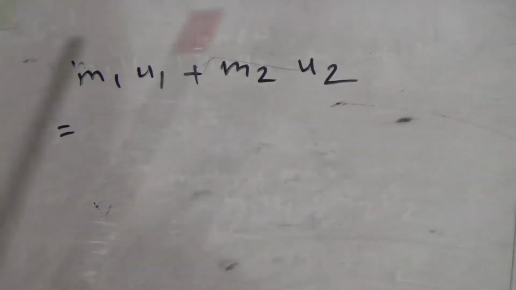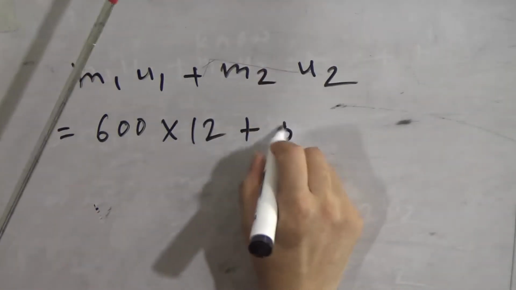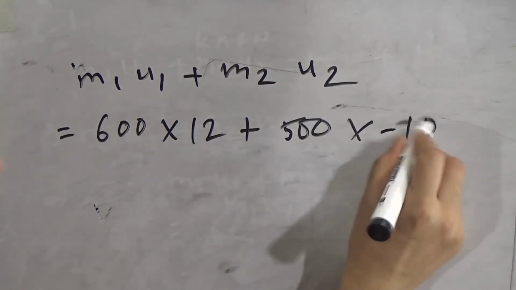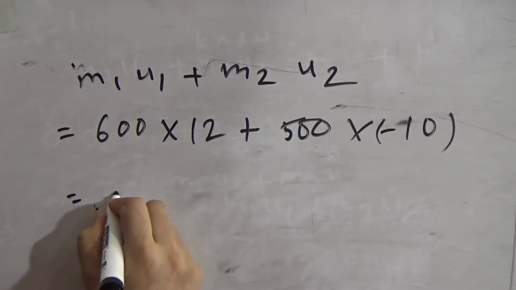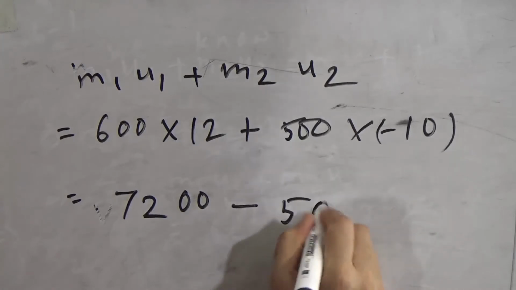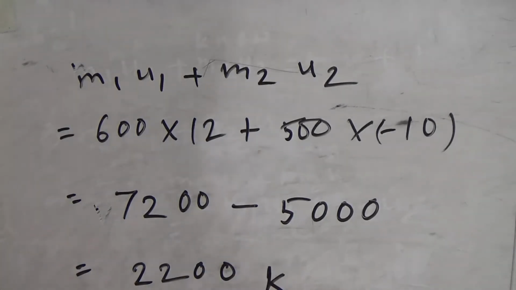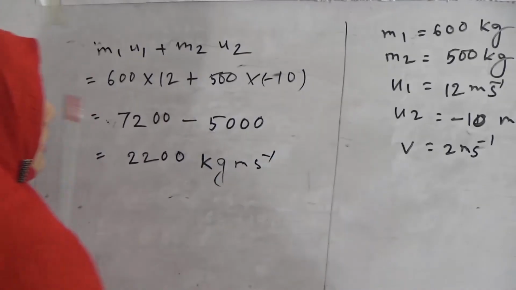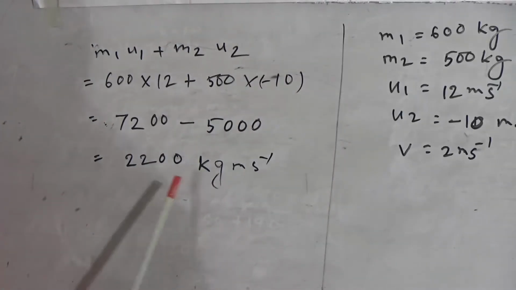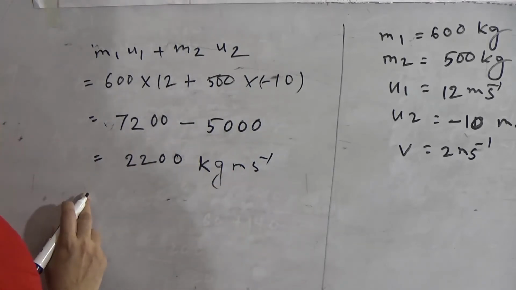Now put this value: m1 is 600 into u1 is 12, plus m2 is 500 into u2 is minus 10. So it will be 7200 minus 500 into 10, which is 5000. So it will be 2200. The unit of momentum is kg meter per second. So the total momentum before collision is 2200 kg meter per second, and we have to find out the